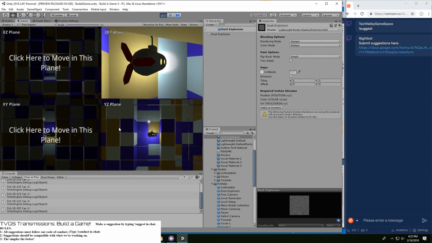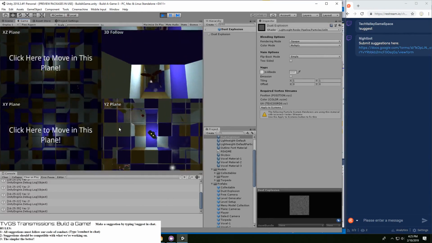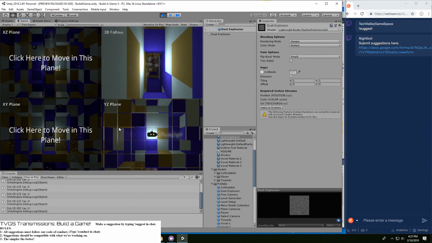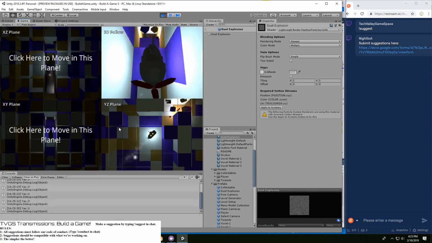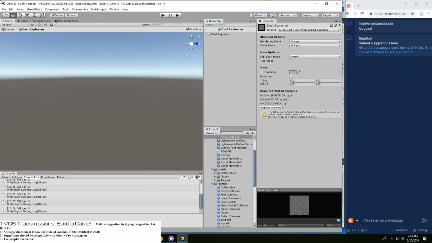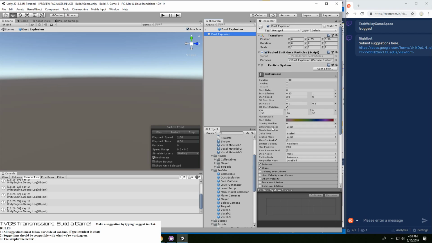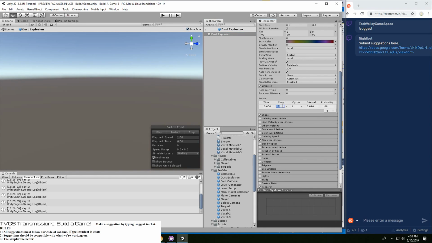Something's happening with our computer because it's lagging pretty badly. I wonder what's causing it to lag. I'm not comfortable with the quantity of emissions here, so I'm gonna go with 20 and leave it at that.